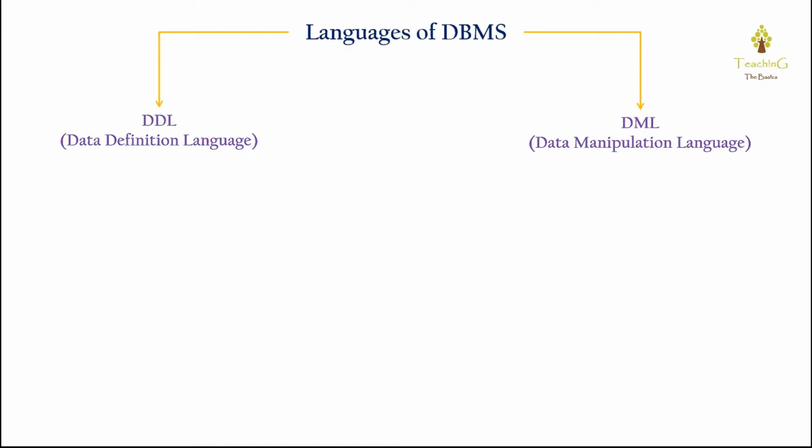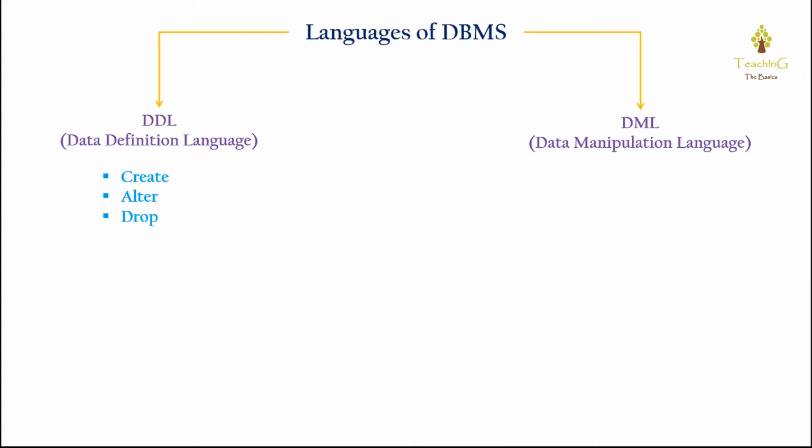So there are a few commands in DDL. The first one is the create command, with the help of which we create views, tables, triggers and other database objects. Next command is the alter command. With that alter command we can modify the database schema, we can change the data type of a column, we can add and remove columns. And next comes the drop command. With the help of that drop command we can delete a database or delete a table.